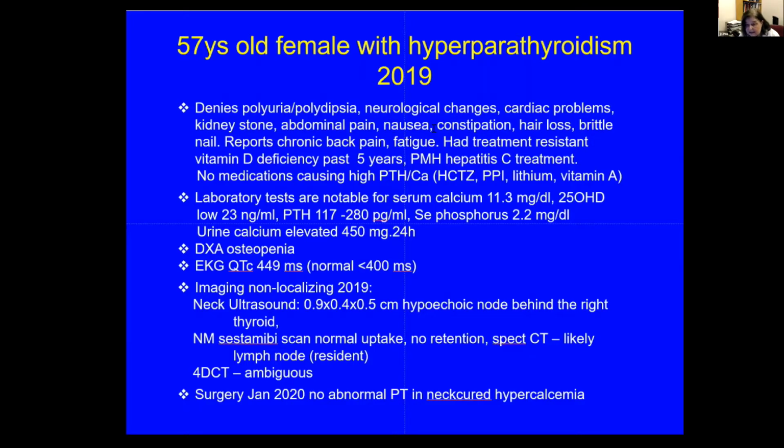To be misleading, the neck ultrasound showed a hypoechoic nodule in the right thyroid, which after surgery turned out to be just a thyroid nodule, and the sestamibi scan did not show any retention. And the 4D CT did not reveal anything in the neck, but the proof of the hyperparathyroid workup is surgery,